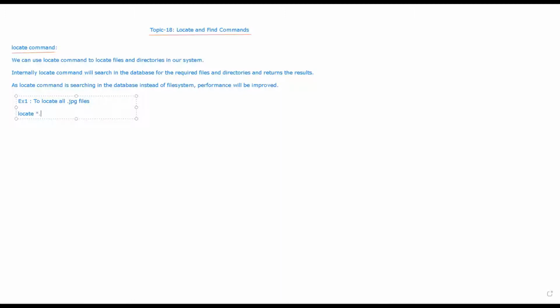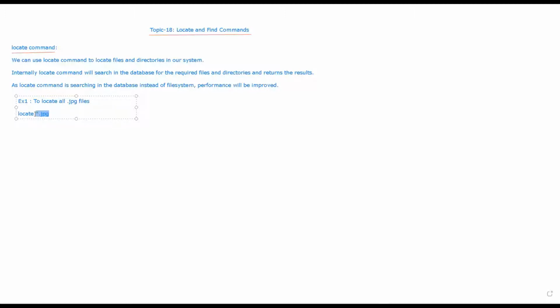I can use locate star.jpg. What will happen in this case? It will locate all the *.jpg files.